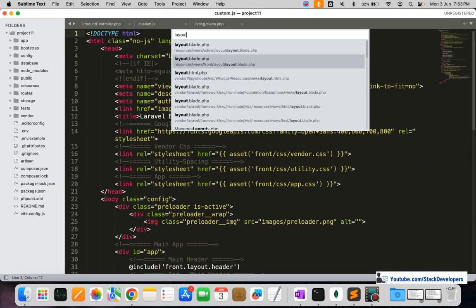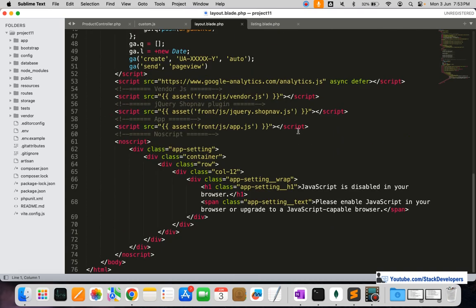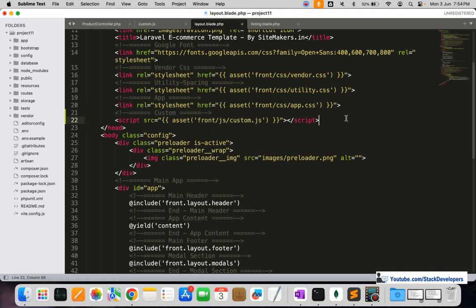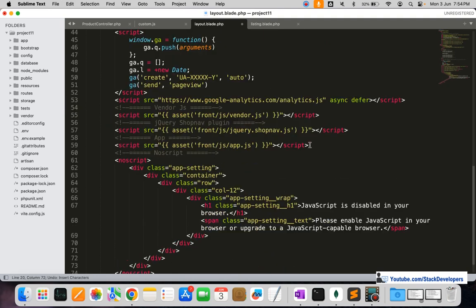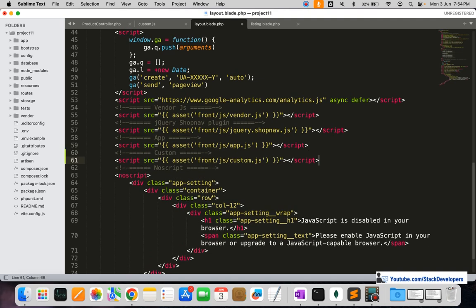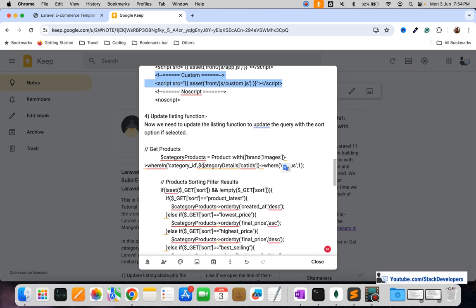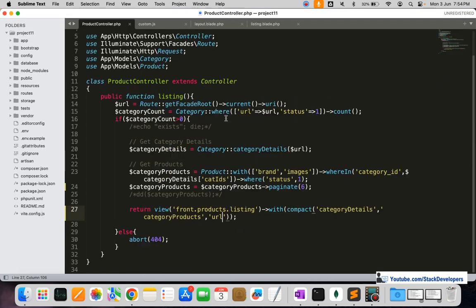We are required to include this in our layout.blade.php file, and here after app.css we are going to include this as well. Okay, here we can include this, sorry, not here, this is the custom.js, so that we are going to include here. So after including the custom.js, now we are going to update the listing function that is located in